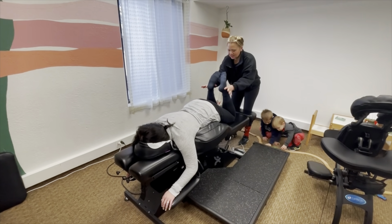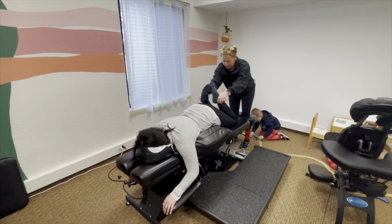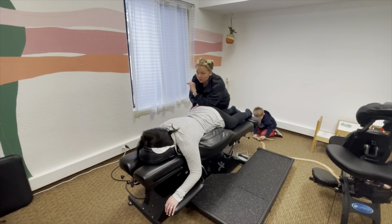Here we're talking about the Webster Technique. The Webster Technique is chiropractic specific. All of our providers in this office are certified. You will sometimes hear it as a way to flip a breech baby, but it is more about prepping for